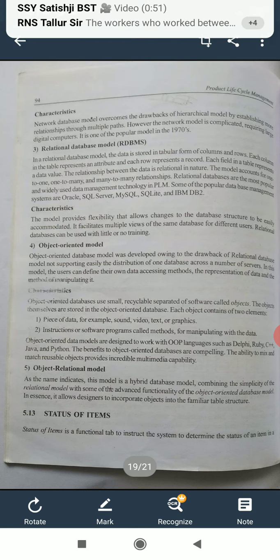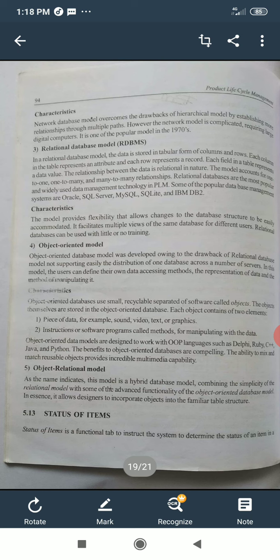Characteristics: object oriented databases use small reusable pieces of software called objects. The objects themselves are stored in the object oriented database. Each object contains two elements. One is a piece of data, for example sound, video, text or graphics. Second will be instructions or software programs called methods for manipulating the data.